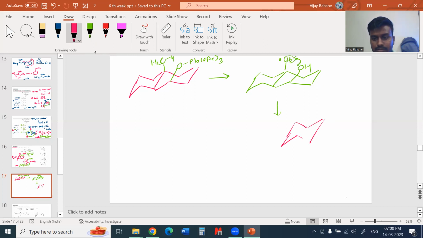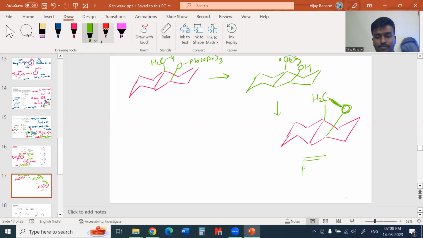So in this one, the newly formed bond will be this CH2. Here will be O, and this bond is getting formed between this carbon and oxygen. We'll erase these hydrogens. This is the newly formed bond, and here will be two hydrogens. So this one is the product,